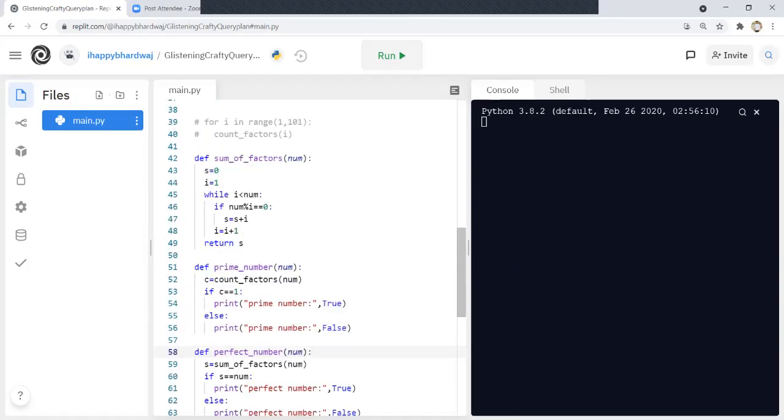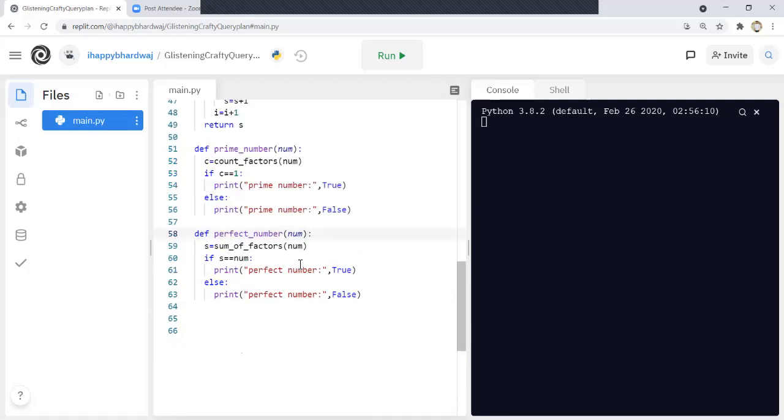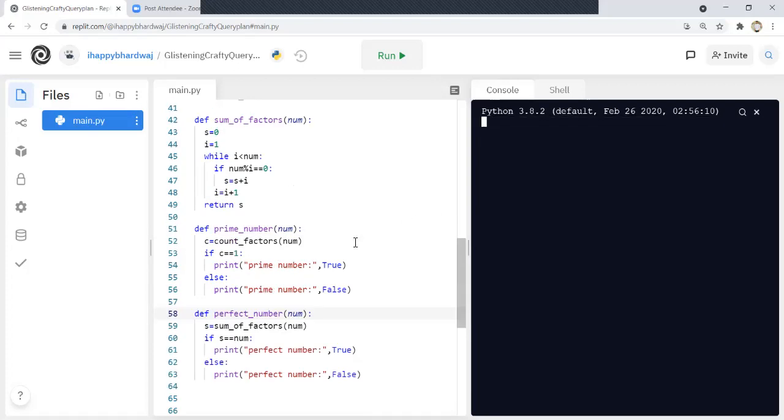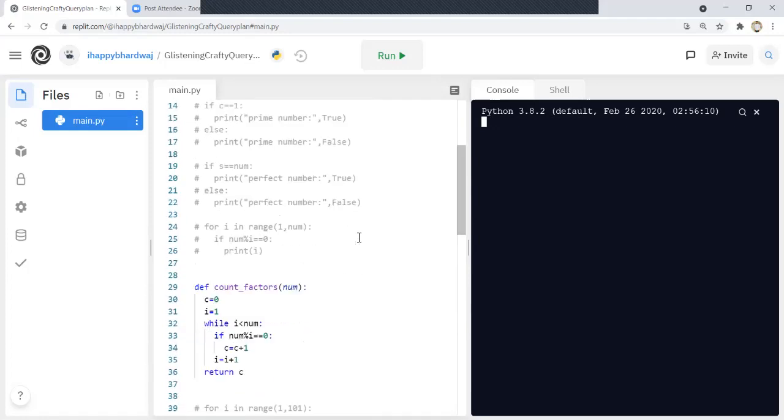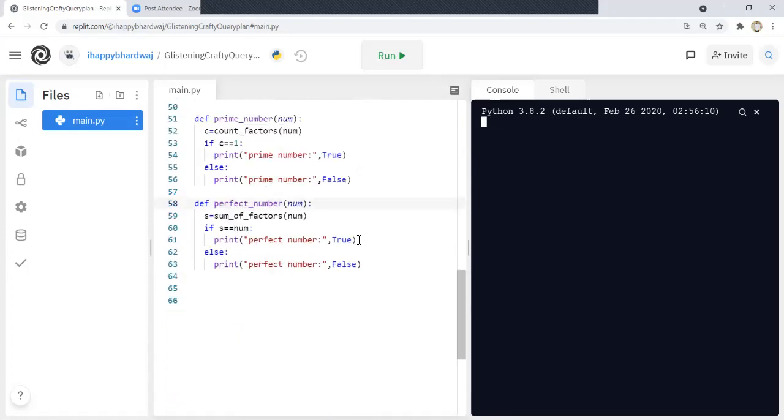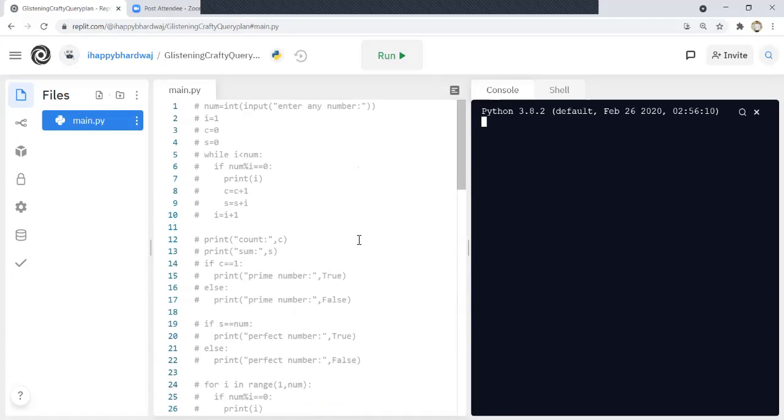You can find out all the prime numbers, though there are only 3 or 4 perfect numbers 1 till 1000, like 28, 496 and 6 only, like 3 numbers are perfect numbers only. But you can still try, like 1 till 1000 you can try, and you can find out all the perfect numbers. Just practice, practice and practice this much code by yourself, and we'll see you in the next session. So just stay tuned.